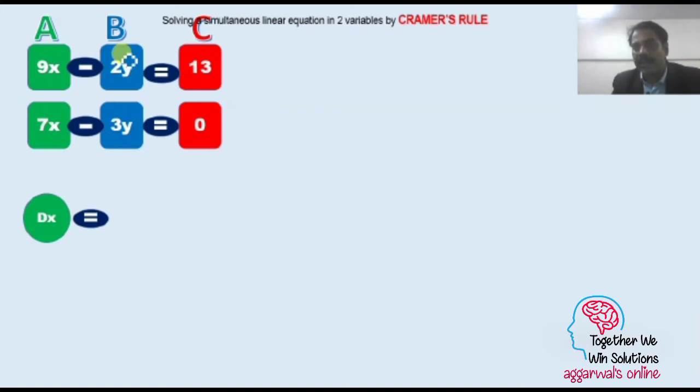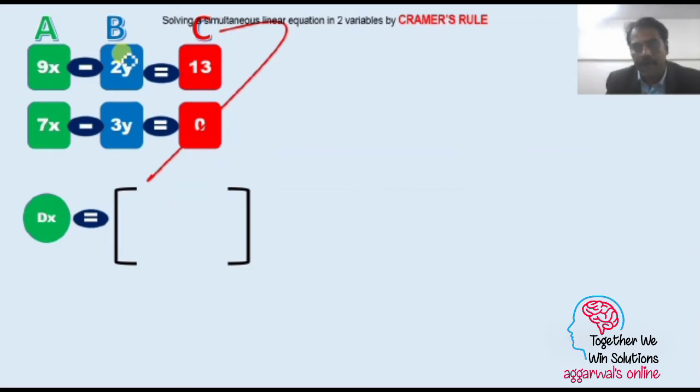This is what is known as alternate jumping. While solving this problem by Cramer's rule, you have to always keep it in mind. The idea is that you have to write the values in an alternate jumping way. So while calculating the value for x, first we draw a bracket, and in this bracket we write the values of column C first, because we are standing at x, in column A, so we cannot collect column B's values first. We have to go to column C.